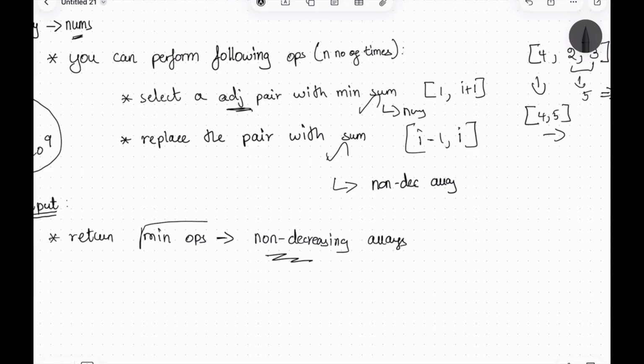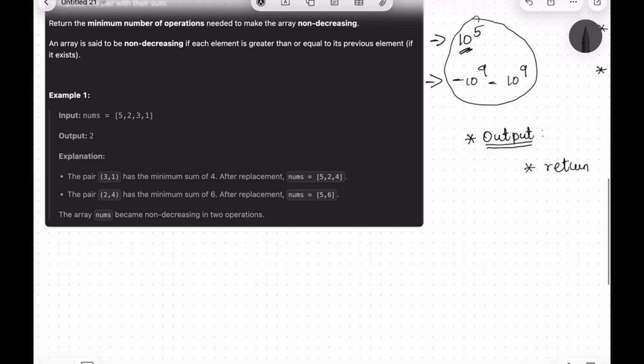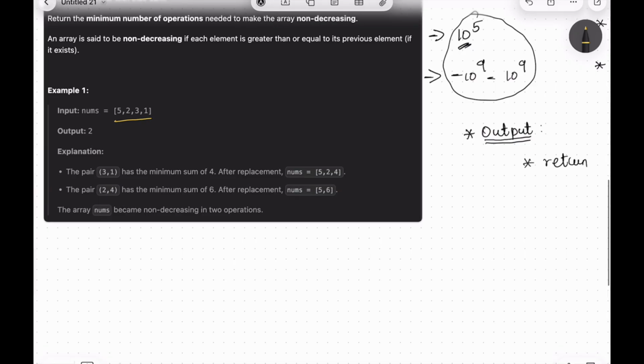So with this, let us go through the first example, and then we will come up with a solution. In the first example, you can see the array given is 5, 2, 3, 1, and the explanation given here is the pair 3, 1, whose sum is 4, which is the minimum among all the pair sums formed, and we remove these two elements. Instead, we replace this with 4, giving 5, 2 and 4,